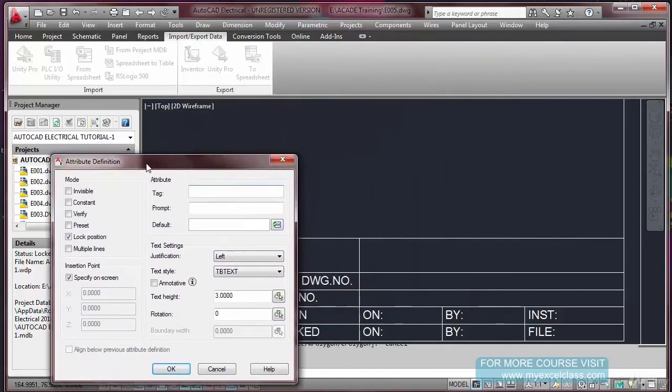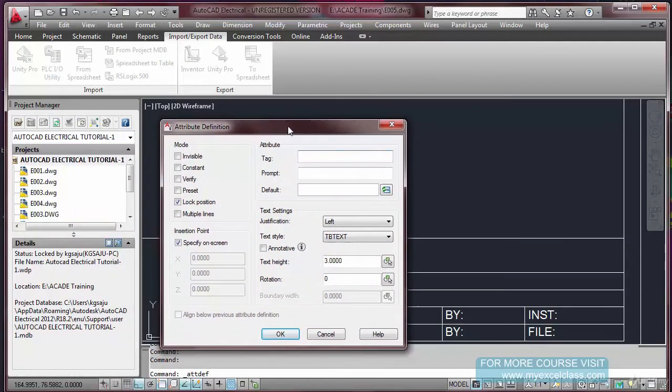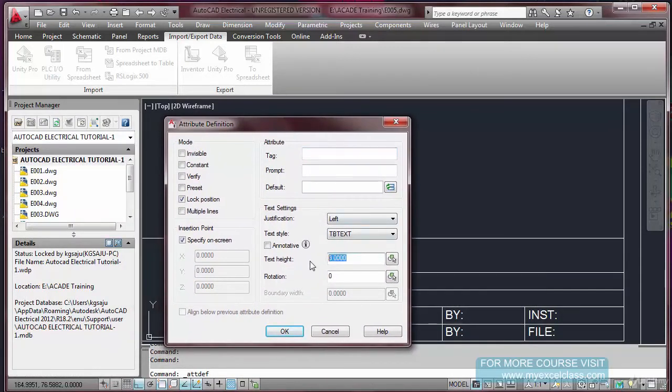Attribute. For example, for the title block, I need a little bit bigger text. Okay, I'm putting it for attribute. Drawing DWG description. Drawing description 1.